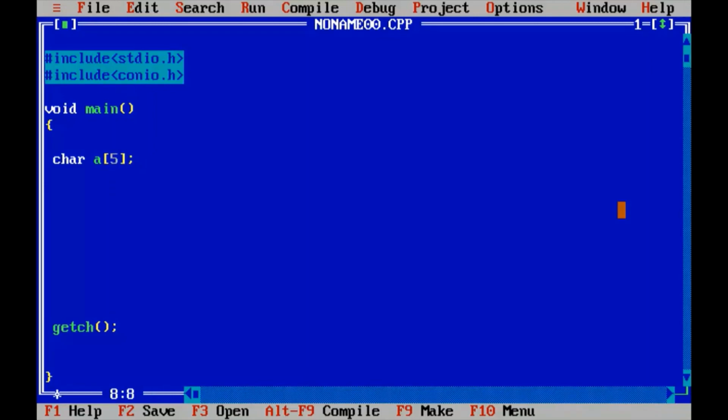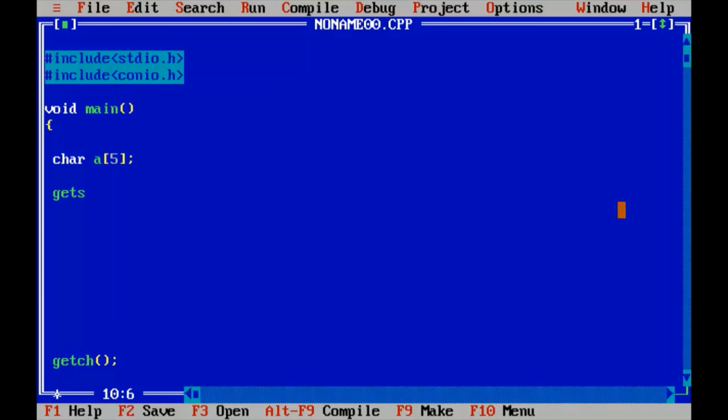So this is how we specify the size of the input string. A followed by the size of the variable. So this means a can have 5 characters in it. So remember, you have to specify the size of the variable a with these square brackets. So that means a can store 5 characters in it. To take the input from the keyboard, we must use the gets function.